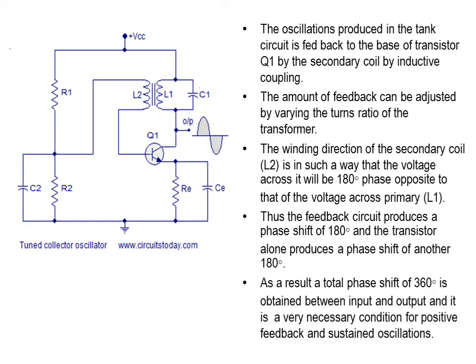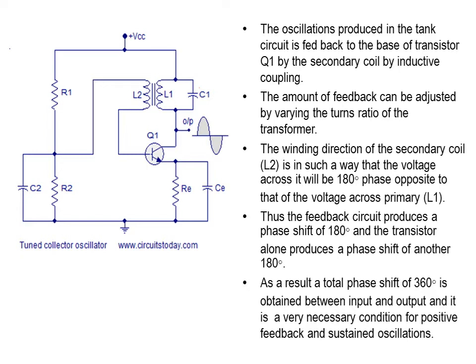Okay, so the voltage developed across L2 is connected to base and emitter, which is the input. And for that we are actually making use of R2 and RE, which you don't have to worry about because these are provided to maintain the proper operating point. But what is important is that the voltage developed across L2 is given as the input, or the feedback fraction is the voltage developed across L2. Okay, so the output is taken at the collector, and the feedback fraction is the voltage developed across L2.